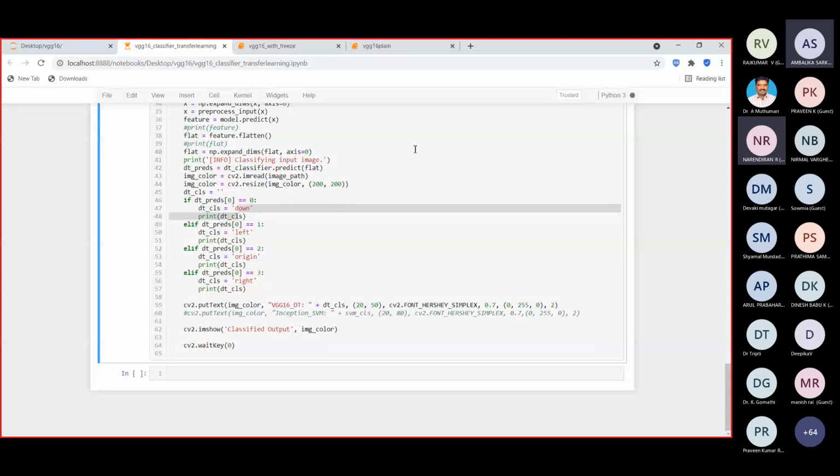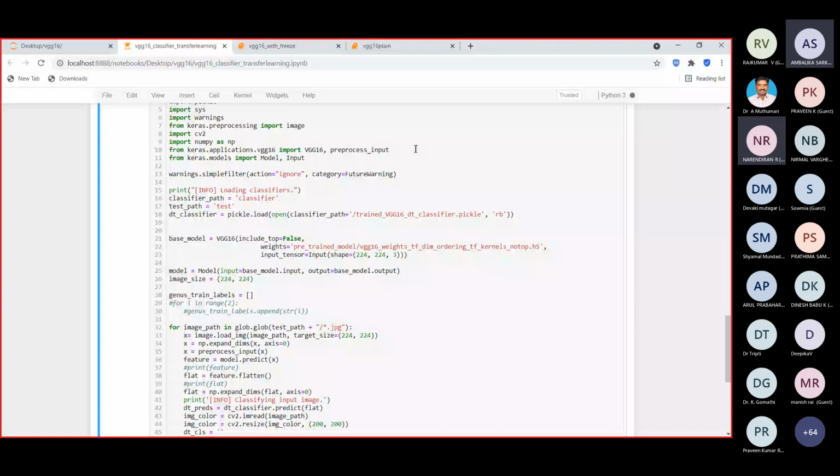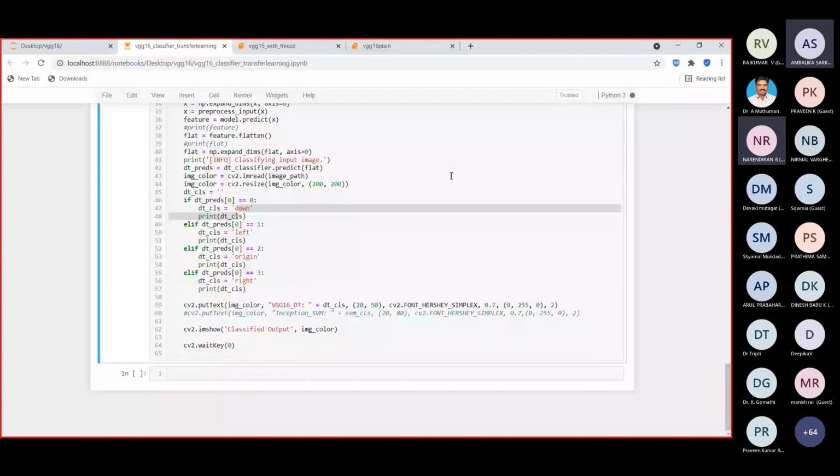Yes, it is showing down here. Another down image is correctly classified, and left is classified as left, labeled as left. The decision tree is classifying here, and another left image, and another right image.